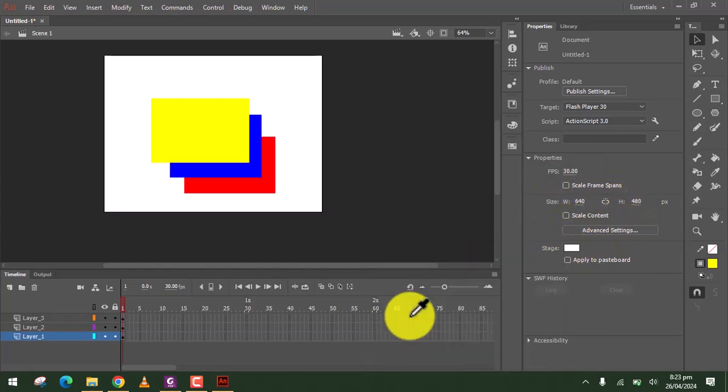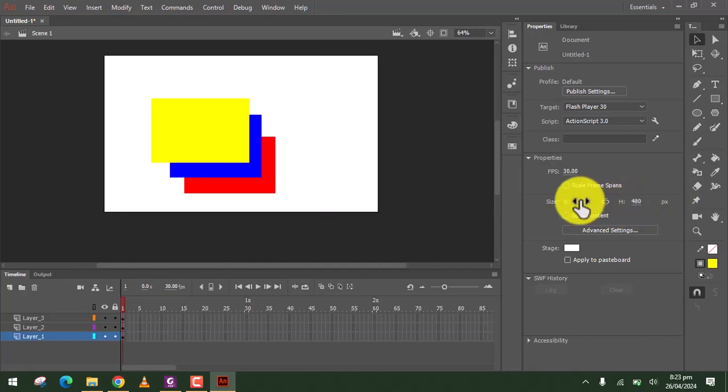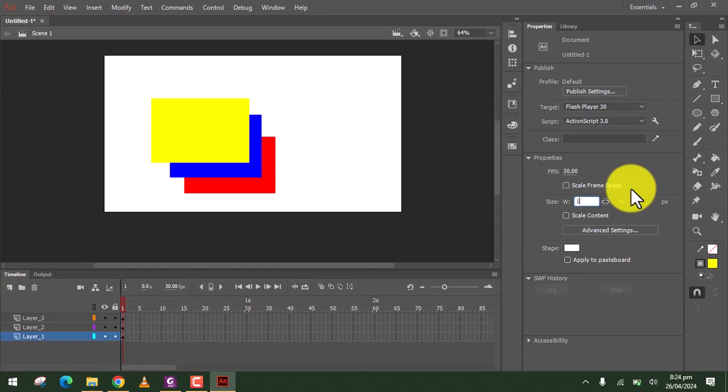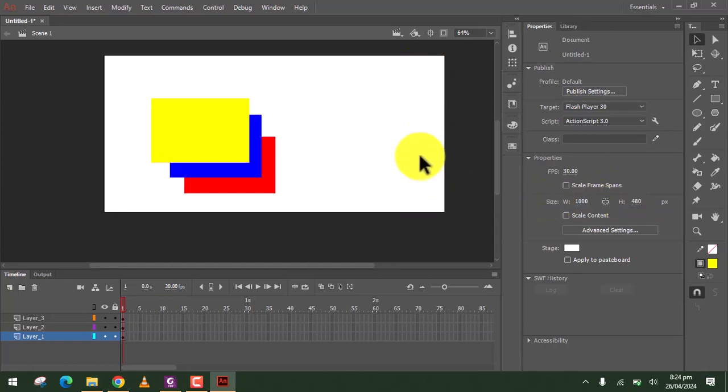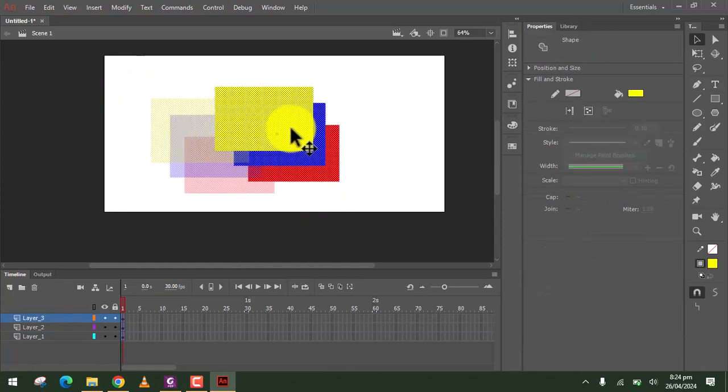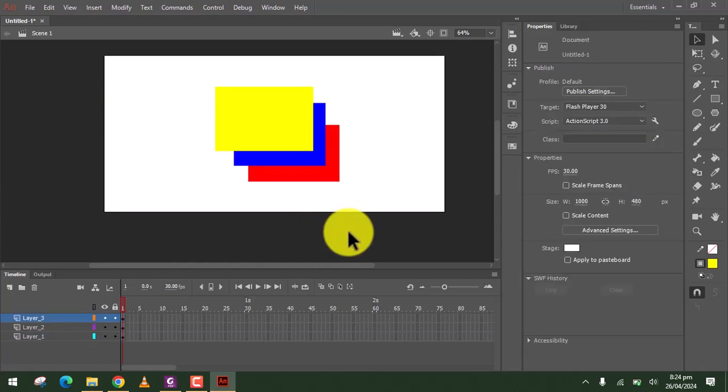I'm gonna go back to the default one, which is white. Also you can change the size of your stage, which is this one. We have the width. Just click the number. Let's say 1000. It will expand like that. I'm gonna highlight all the layers and then move them to the center like that.